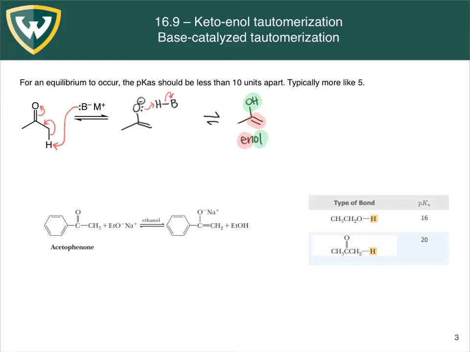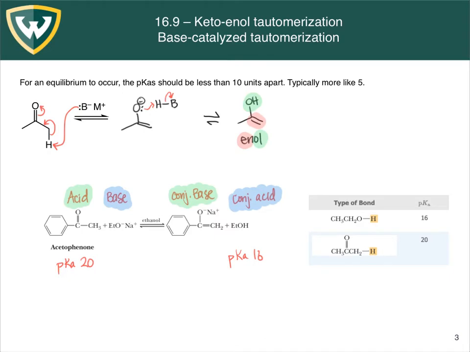So we can use pKa values to predict which side of the equilibrium is going to be favored. The simplest way to do that is to write the pKa of the acid or conjugate acid on each side. So whichever acid has the higher pKa is going to be the species that wants to keep the proton the most, and so the equilibrium will favor that side. So in this case,